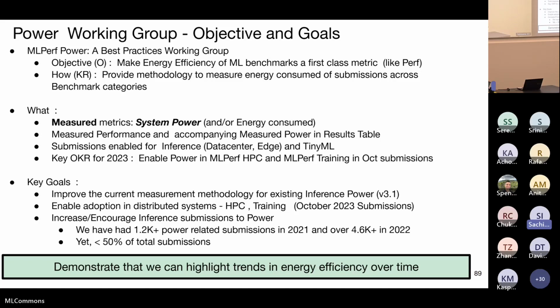But I was talking to Tejas that we need to think through having more aspects around energy efficiency in inference, considering real world scenarios. But that would be a discussion for the future. So for this round, I think we've just done incremental changes to take into account whatever issues we encountered to make the submission smoother. And for inference, we've also been seeing a lot of new submitters, startups, newer companies come in and submit. So it's great to see the community participation in inference power submissions.